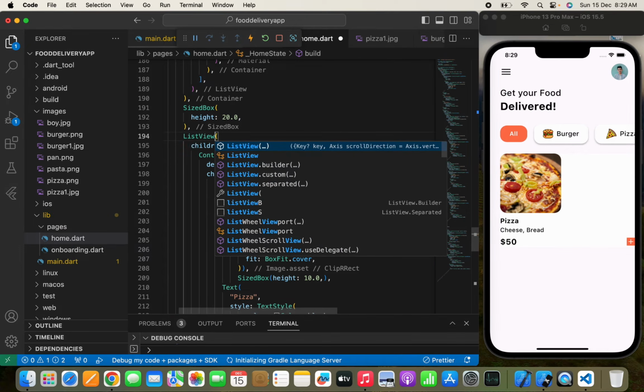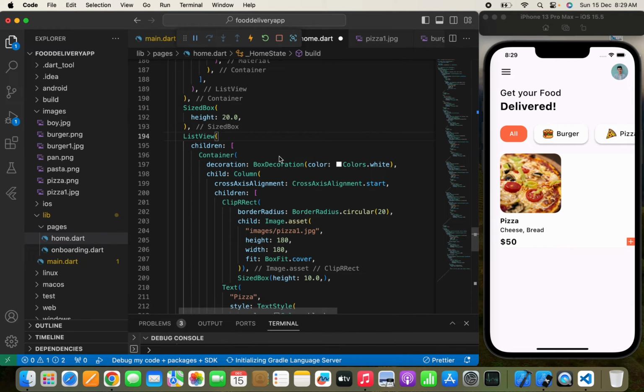Yeah, something like this. So here I'm making a basic UI, or you can say an advanced UI, because we are trying to use a lot of things in this food delivery app. But if you want to simply make this app from scratch with all the backend and everything, you can